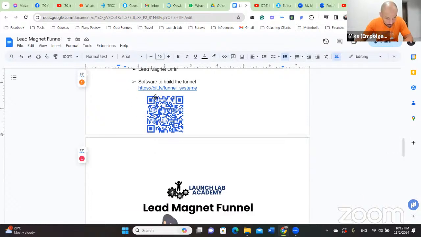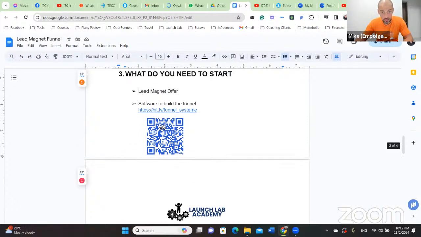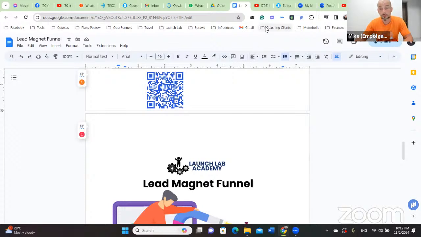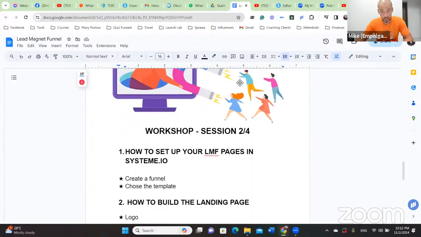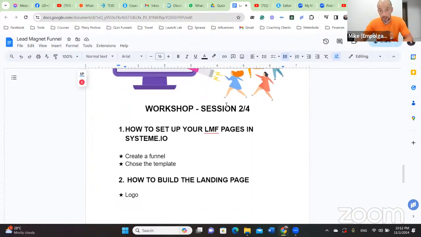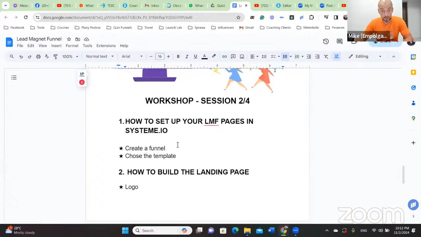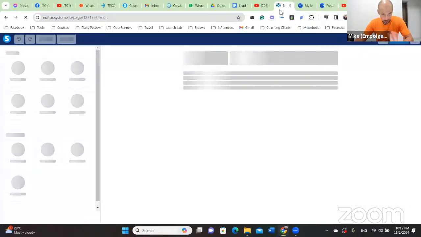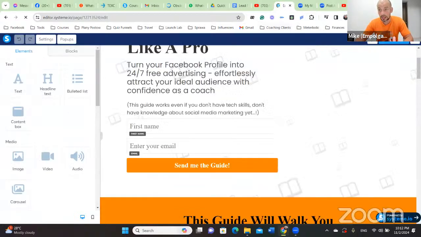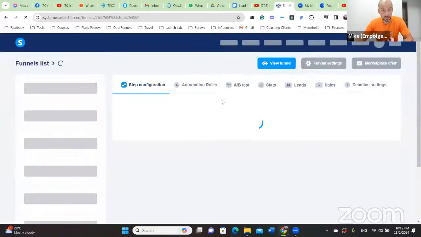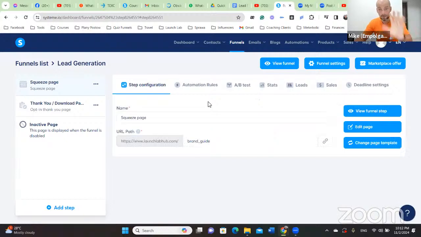If you still don't have the account on System.io, just click on this link or scan the code, and it will take you to System.io where you should be able to set up your free account. Today I'm just going to log into System.io and show you how you will be creating your first funnel over there. So point number 1 is literally setting up the pages, choosing the right template. I'm assuming that whoever is following today has done the first steps, which is setting up the free System.io